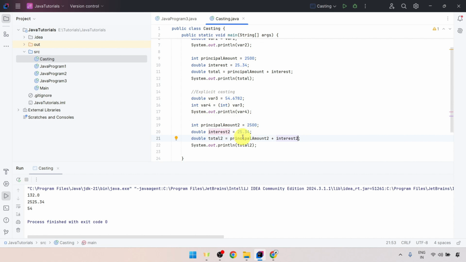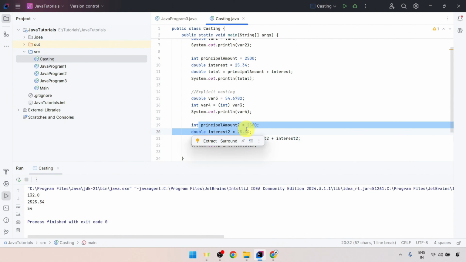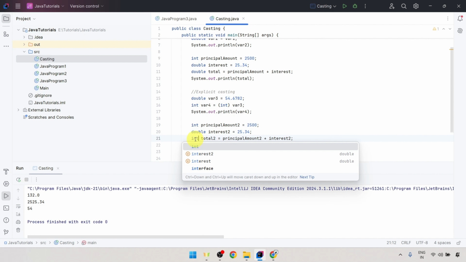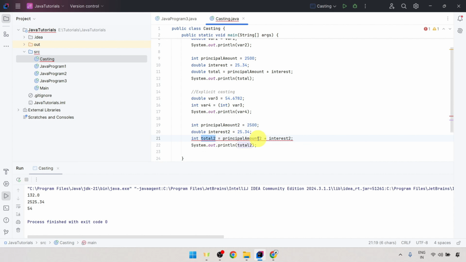But previously we were saving the value inside the variable which was of type double. But now we will save this addition of principal amount 2 and interest amount 2 inside the integer. And for that I have put this int total 2 equals principal amount 2, which is 2500, plus interest 2, which is 25.34. And now we are getting the error because this time casting is not happening automatically because